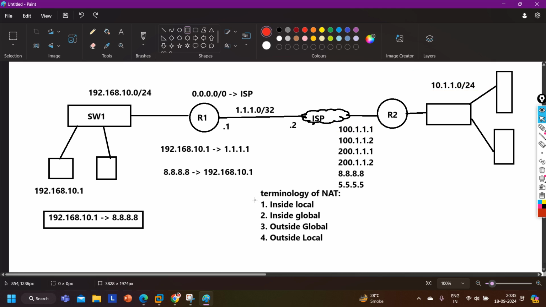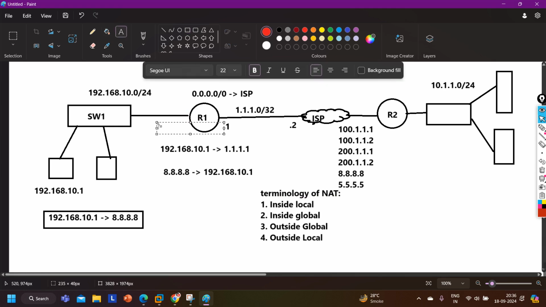So these are what, guys? These are terminology, means you can say one kind of domain, right? Areas in the NAT, right? So first, whatever interface is connected with inside local, that interface must be configured as inside.